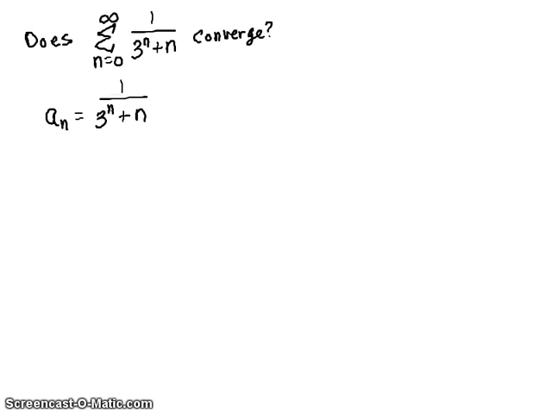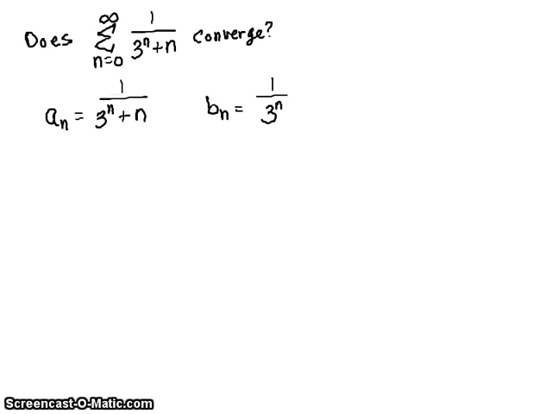We need a function that's going to be bigger than what we're given, but still related to what we're given. Now, the trick here is we're going to try to look for p-series, or geometric series, because we can find out if those converge or diverge very quickly. If we look at what we're given, I can see a 1 over 3 to the n. I have a number to a variable exponent. That tells me I might have a geometric series that's going to be linked to this a little bit. So if we call B of n 1 over 3 to the n,